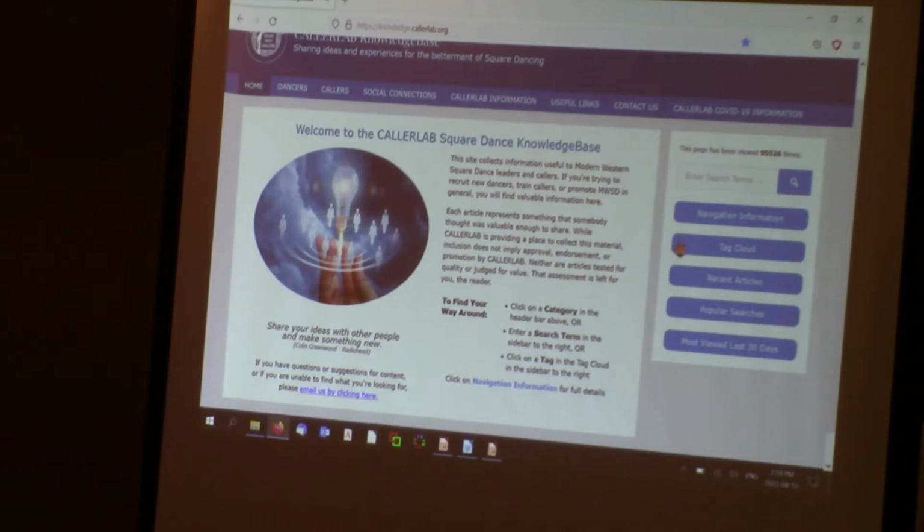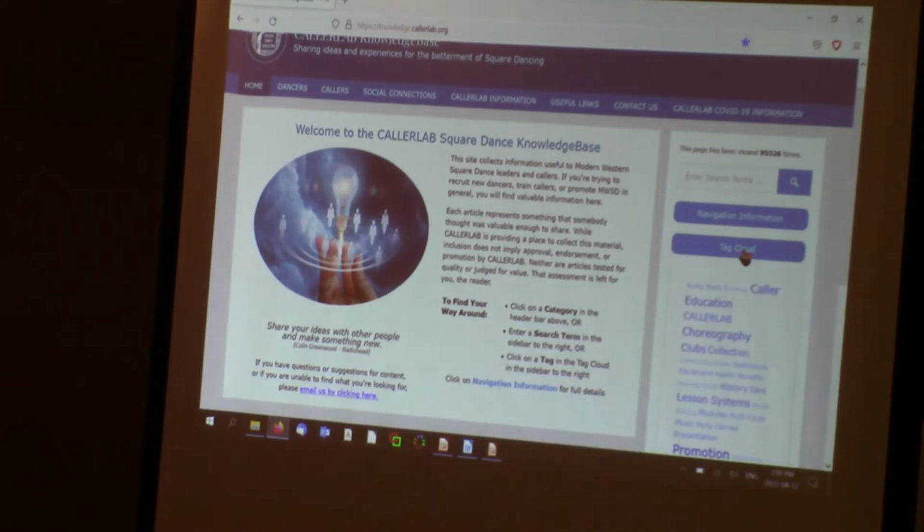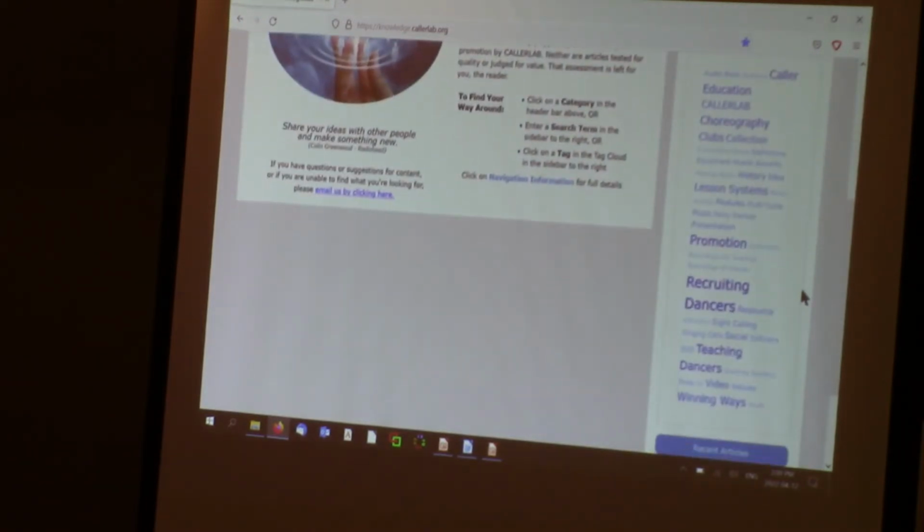So if search doesn't seem to work, go look at this tag cloud. This is a list of all the tags in the knowledge base. Again, a tag is like a sticky note that we put on the article that says this article bears on this subject in some way. It may not be exclusively about that subject, but it has some material on that subject.